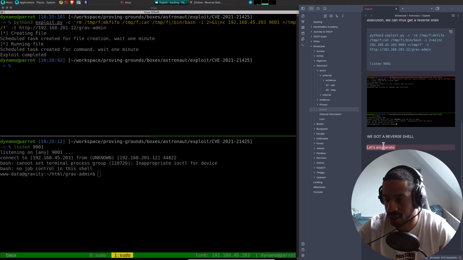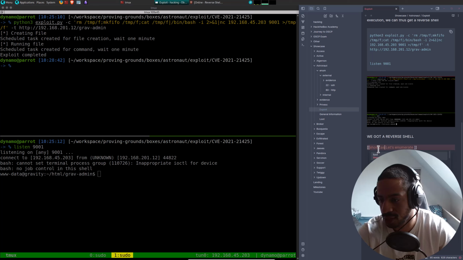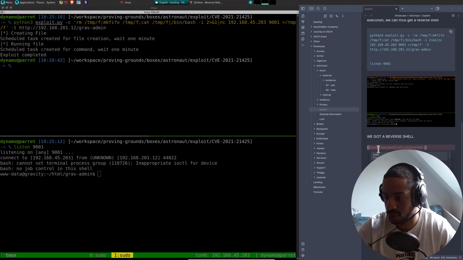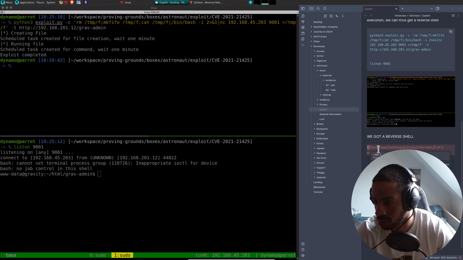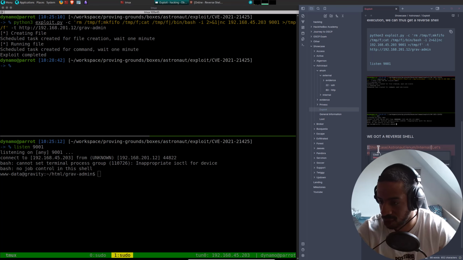And then we can do link here like that, and then we can do showcase. That is astronaut, enum internal. Oh yes, enum internal user 1.